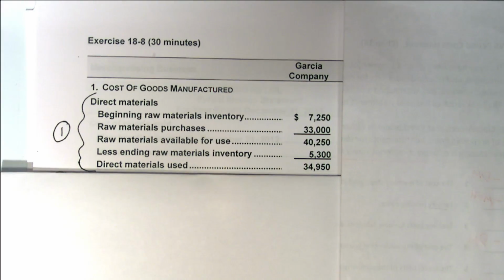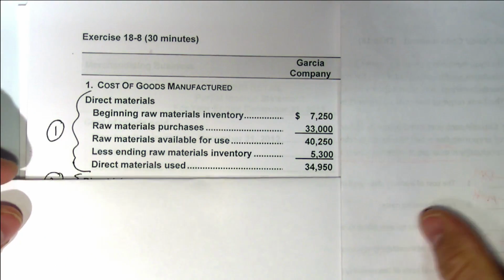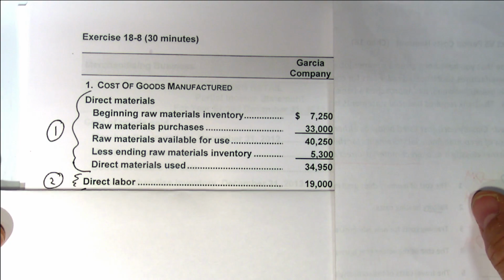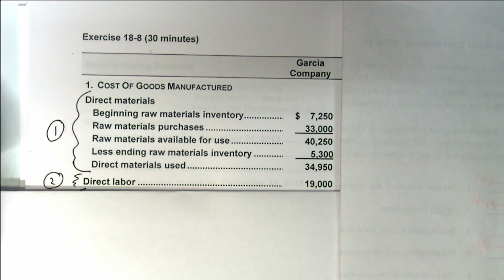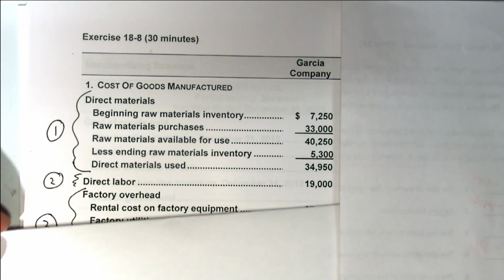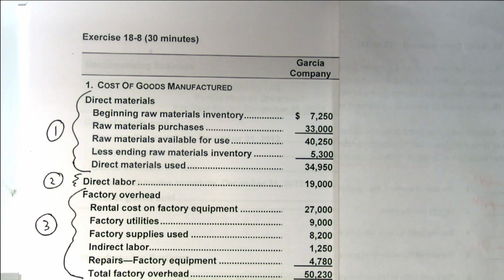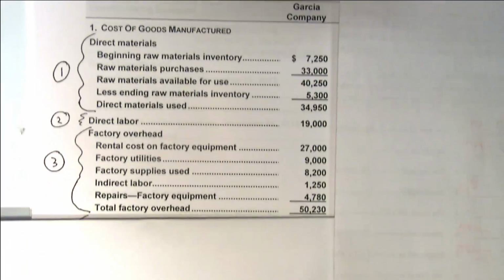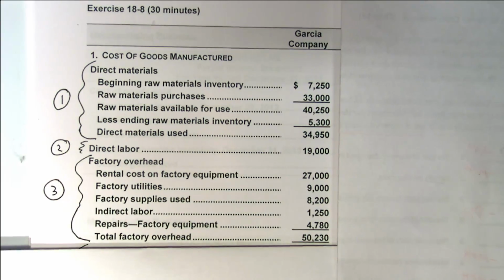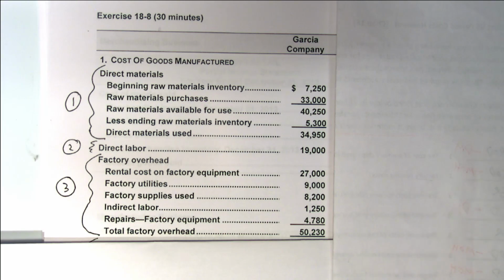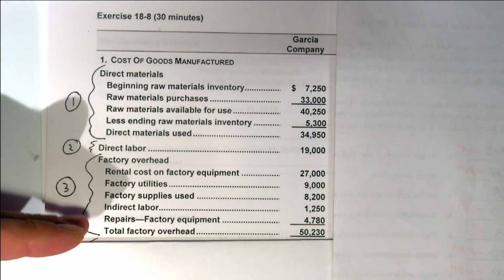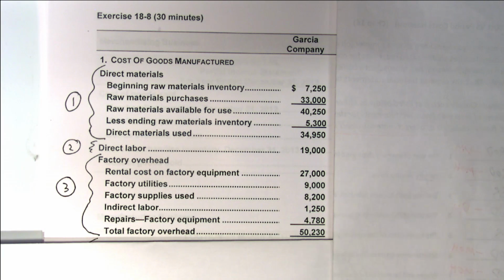Now the second step has to do with direct labor, right? So then you list out direct labor. Then you do your factory overhead, and you get your factory overhead. That's the third step. Any questions on the first 3 steps before I go on to the 4th step? Did we put general administrative in here? We didn't. Why did we not do that? That's correct. Period cost. Because that's a period cost.